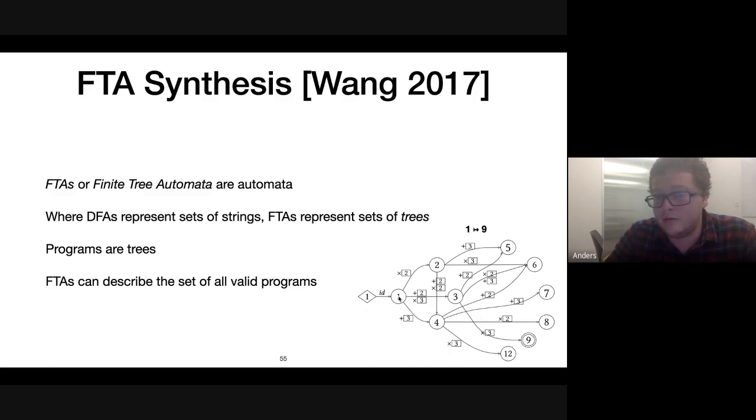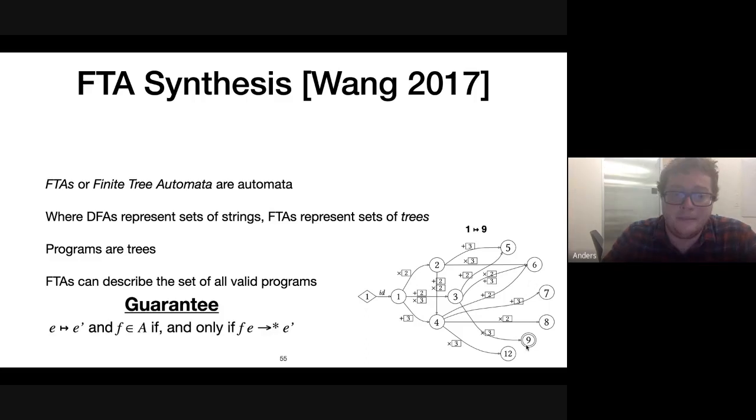You have this 1, that's the input, and then you can perform a variety of operations on that, and then eventually you can get to the actual final value, which is 9. Notice that all these other states are not accepting states. That's because if you ever get to a case where you're returning something like 6, that's not correct. You don't want to return 6, you want to return 9, so you want to not accept something that ends in 6, but you want to accept something that ends in 9.